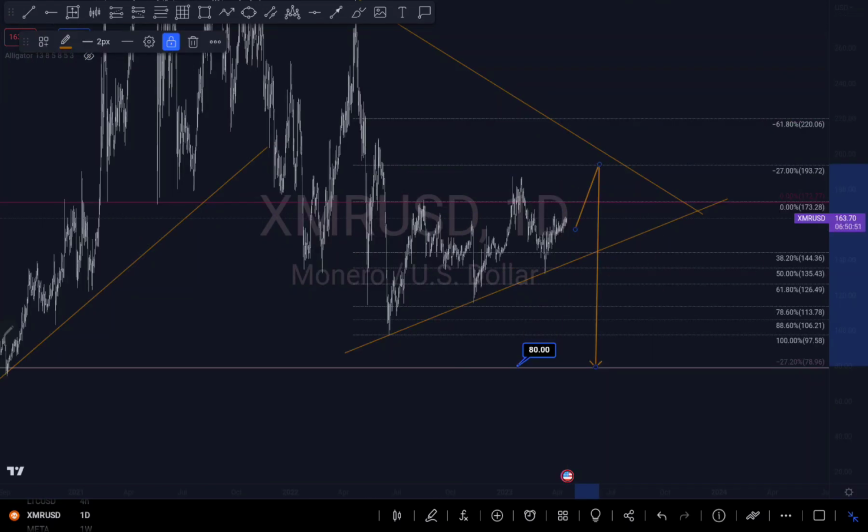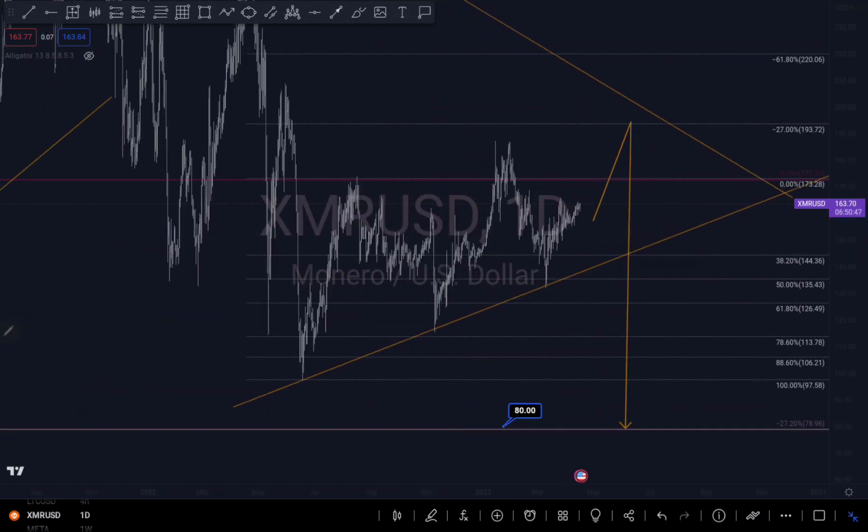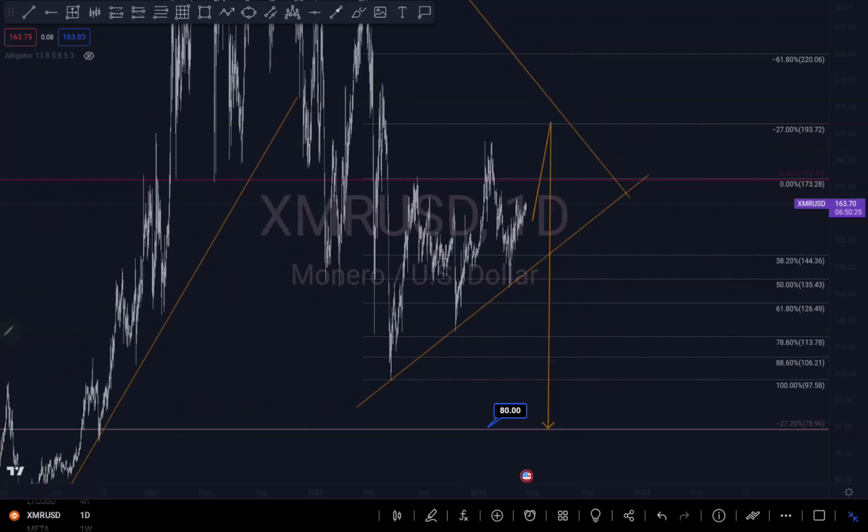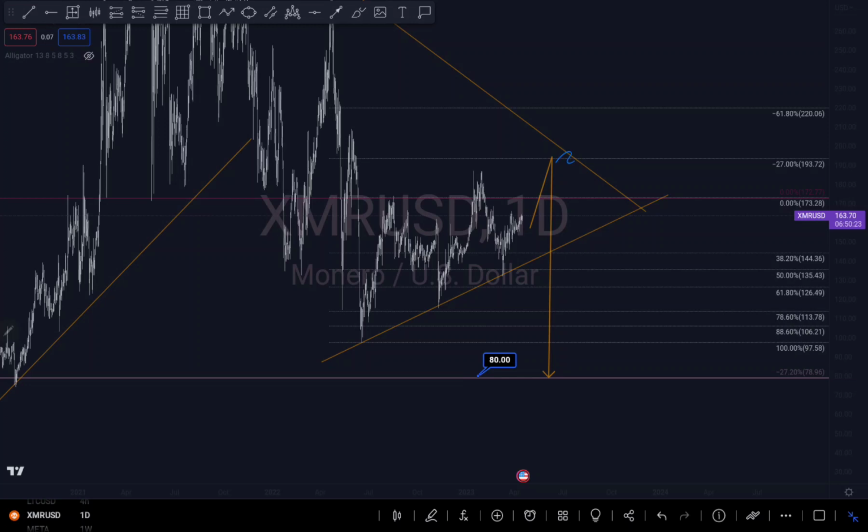So this is my update analysis on Monero. Let me just recap how I saw it the last time I analyzed it. I said we're on an uptrend on Monero, and my reason is quite clear. The reason is that we can see it has been bouncing off this level right here. First touch, second touch, and a third touch, and that's a possibility that we might bounce off really high because of the third touch.